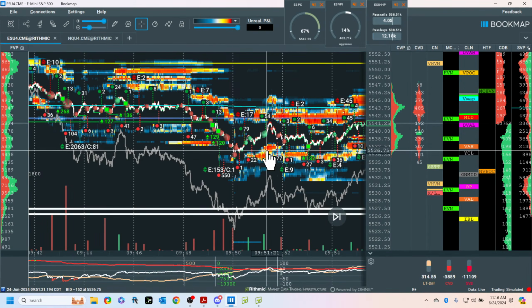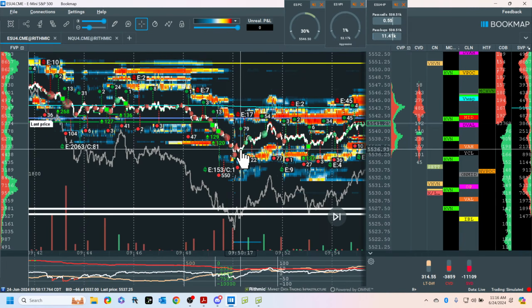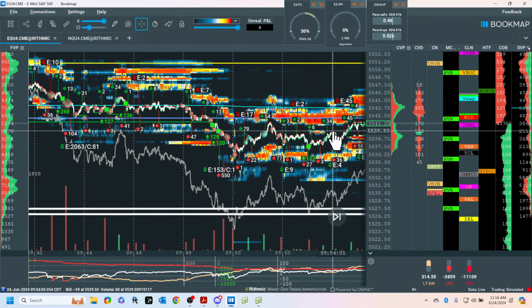Sorry guys, I'm trying to find where I got long here. 950. Oh, actually, I got long over here. Pretty lucky, I guess. So I got long here, right here. I see the sellers. I see the buyers above. This is micro high volume structure. Actually, I thought I got in it. And this here is absorption. I have absorption. I have micro high volume, and I'm waiting here. It'd be so nice to buy here, but I can't tell yet.